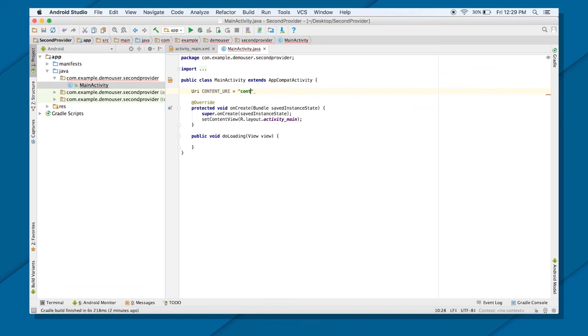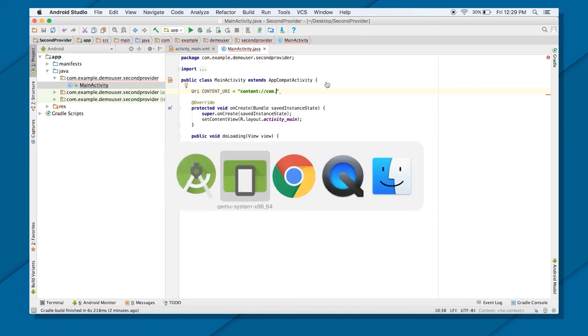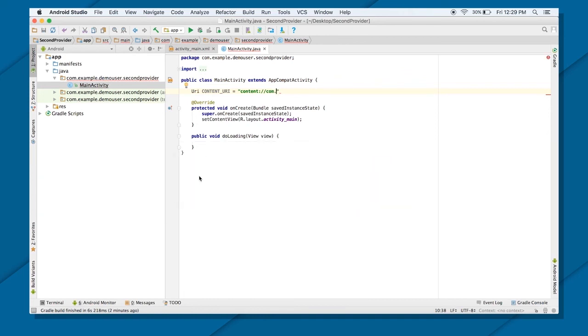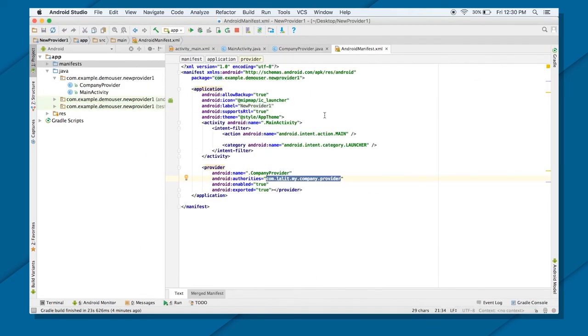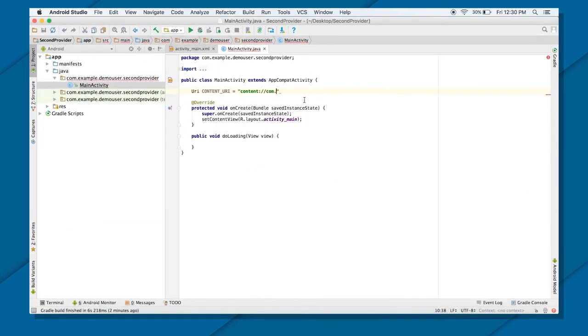So what was my content URI? Content, again com dot, I will copy that content URI here. Just copy that authority and paste that authority.